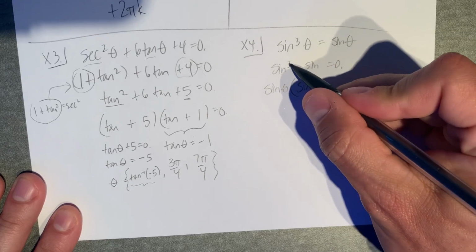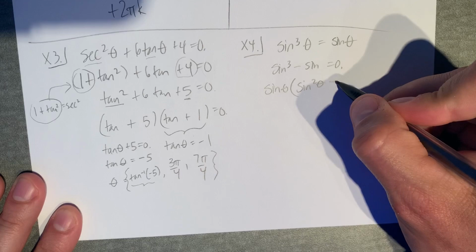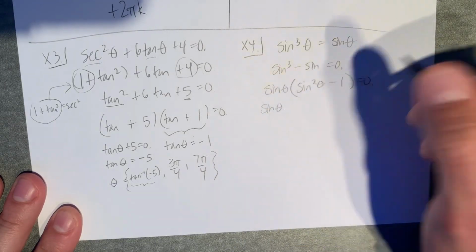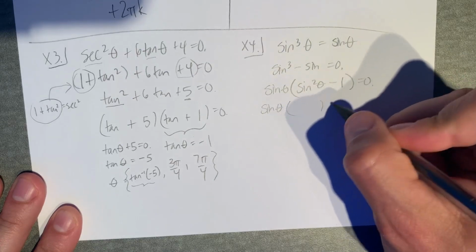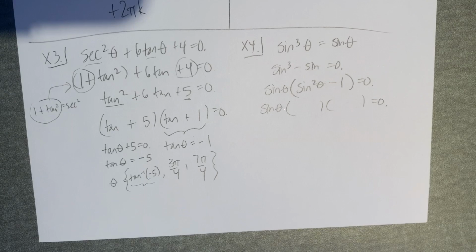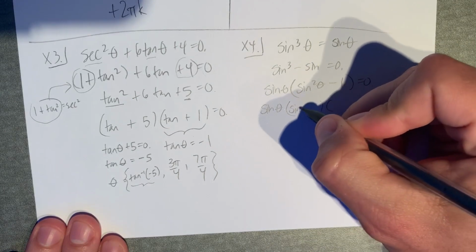When I divide, sine cubed divided by sine is sine squared minus 1. Now, I have a sine out here in the front by itself. We can leave that there for a minute. This is a difference of 2 squares, so sine squared minus 1 can be factored as sine plus 1 and